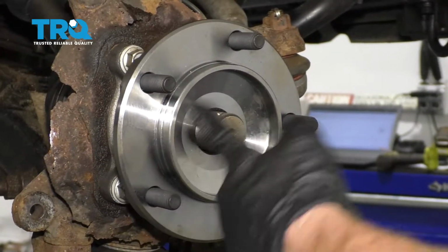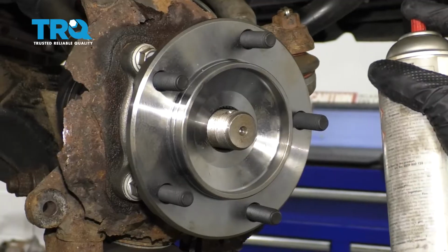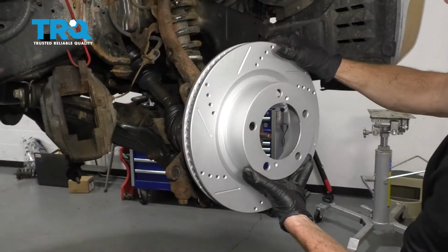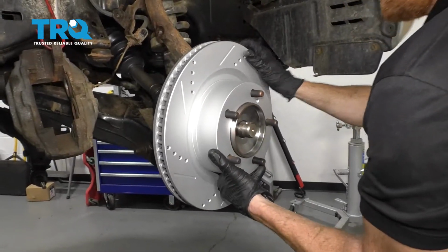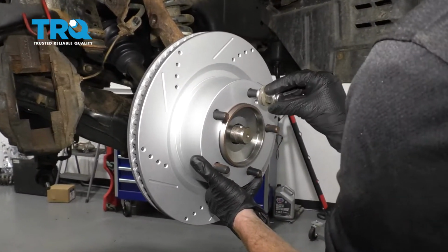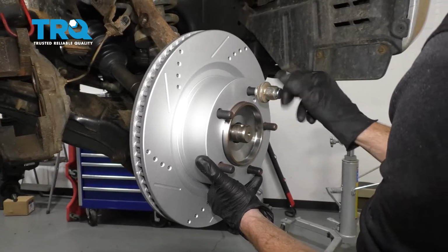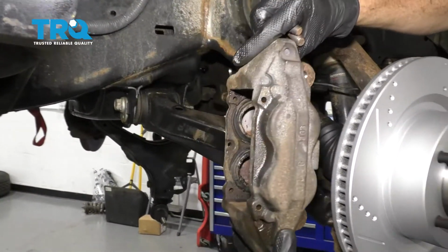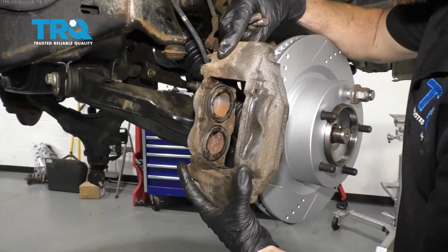Next, we're going to apply some copper never-seez along the mating area of the hub. Now it's time to get the rotor on there. I'm just going to take one of these lug nuts. We'll bottom it out so the rotor can't move around on us. Now let's take that caliper. We're just going to slide it right on over the rotor, being